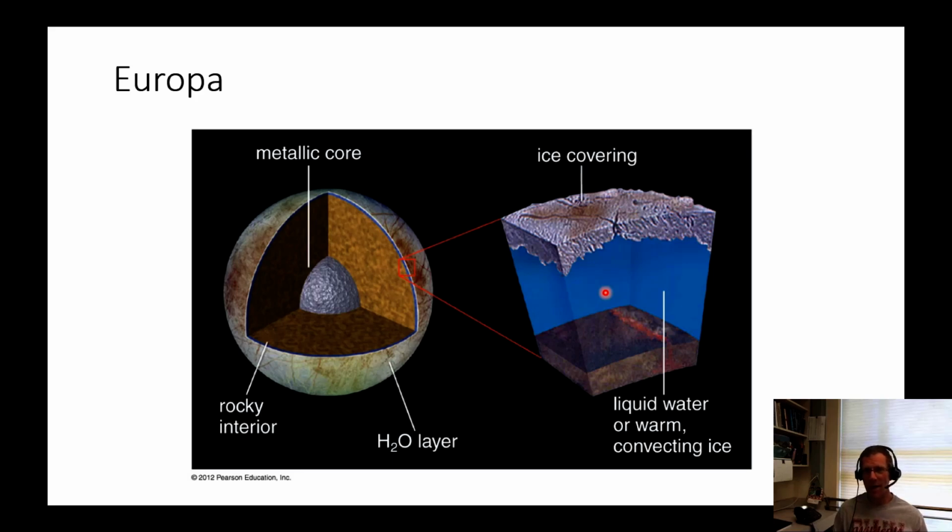It is cold out there, but there is an extra heating source, and that is the gravitational tug of Jupiter. So Jupiter is so large, and these moons revolve around Jupiter fairly close to it, that the gravitational tug of Jupiter squishes it. I've got a squishy ball here. This actually shows the Earth, but it sort of squishes out like that and in, and that squishing,